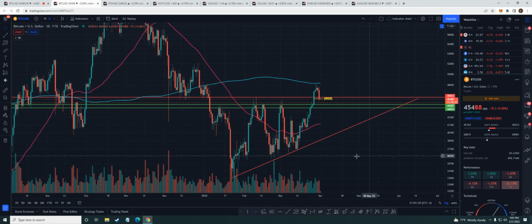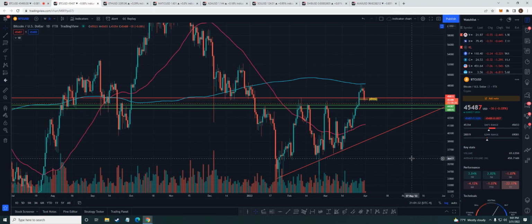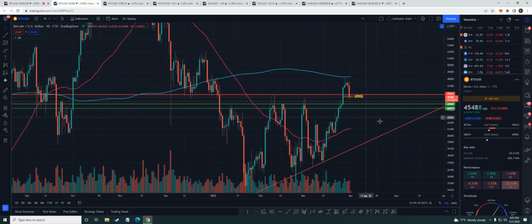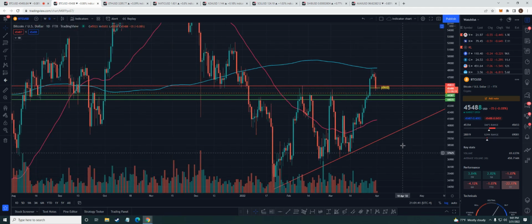If we hit the 44,500, that would be my max pain for this move for a bounce. I was looking for a bounce off the top of this, but we didn't get that. So now we're at max pain, which would be anywhere from 44,580 or even 44,600 to the